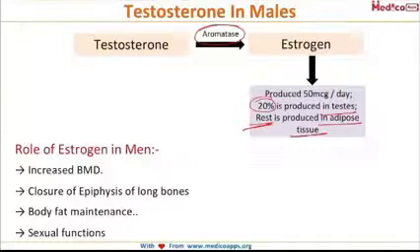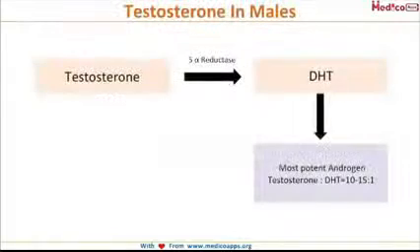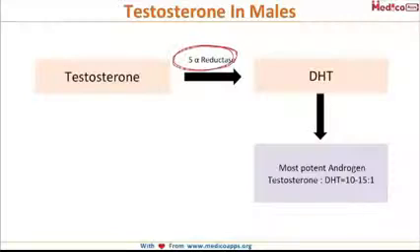Now we said that this testosterone is also converted into dihydrotestosterone. So what is the enzyme involved in that? It is 5-alpha reductase. This 5-alpha reductase converts testosterone into dihydrotestosterone, which is the most potent androgen. Okay? And what is the ratio of testosterone to dihydrotestosterone? It is 10 to 15 is to 1. See, the most potent androgen is less in amount. So, the ratio of testosterone